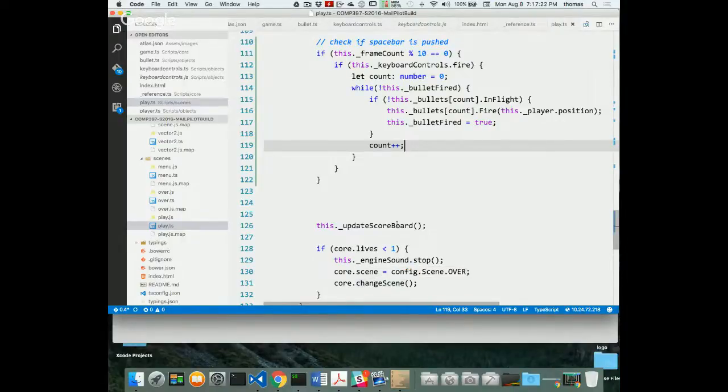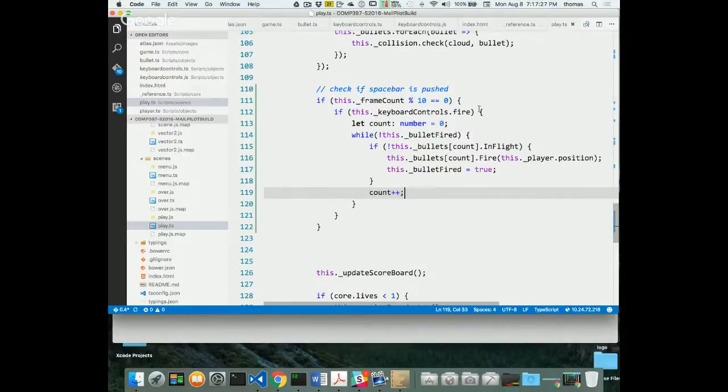But I can't have my count number be 0 somehow, right? Because what's happening is my number keeps setting to 0, and I'm only checking the first one. So if the first one is equal to thing, bullet fire is true, it'll stop me from doing this. Otherwise, if it's not, then count plus plus. But I'm only doing this inside here, and this count element when it happens here, I'm setting it to 0 every time, which is not a good thing, which means that I have to have my, how do I set it up